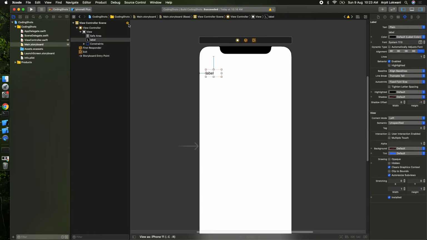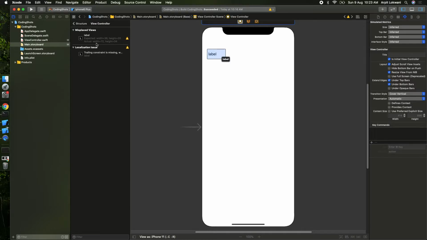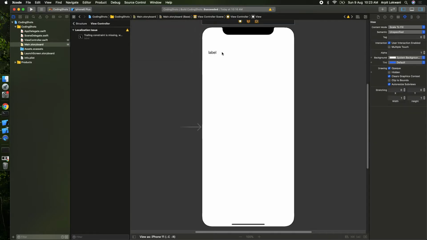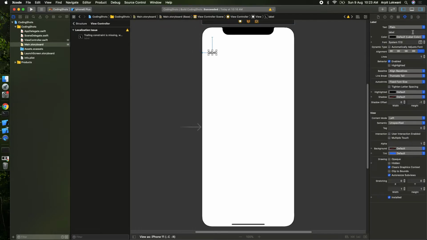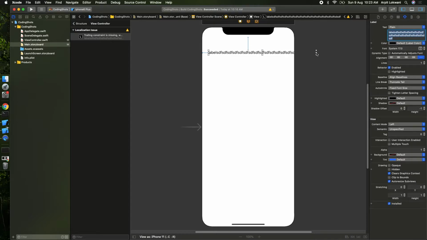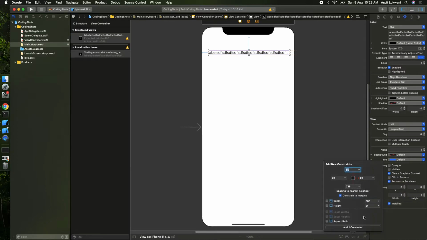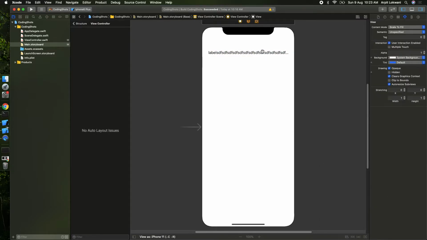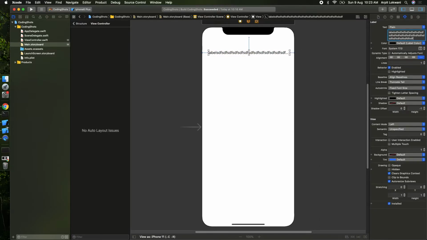Now it will show some warnings. It's a warning only. It says the width and height is this and the actual height is this. So you can say update frames. It will automatically resize this, right? Now what if I add more data into this content? Very good. Then we can increase more, yeah, but it's going out again, which we don't want. So what is missing? A trailing constraint should also be there. So I will go to the pin, add trailing 20, and add one constraint. It's added. Now still it is not completed, fine.